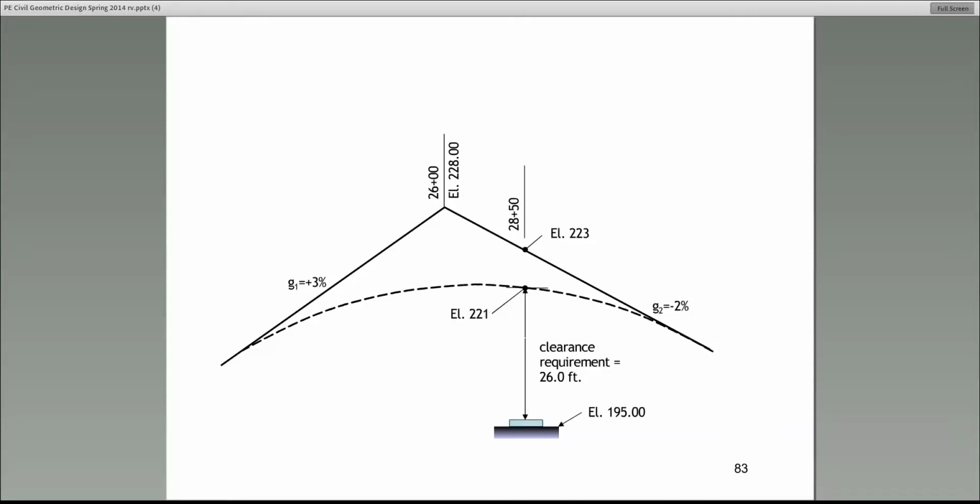In this particular case, you must have a clearance of 26 feet from here, which is the bed of the railroad track, to that curve at that point. All right? So you must have a clearance of 26 feet. Let's think about what we have, guys. What we know,